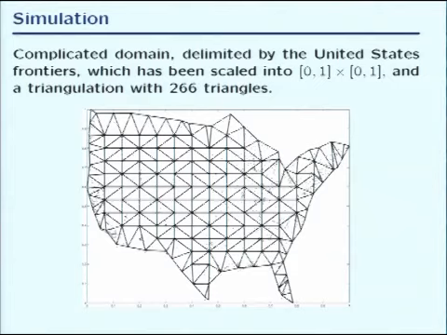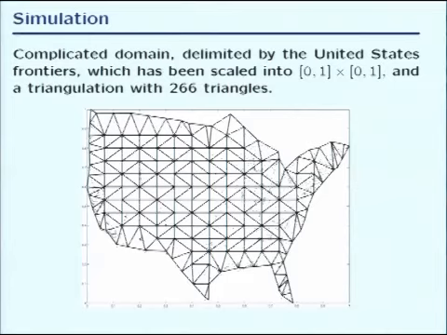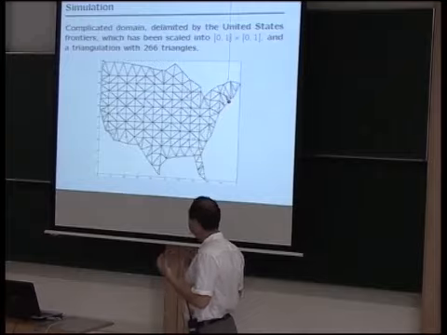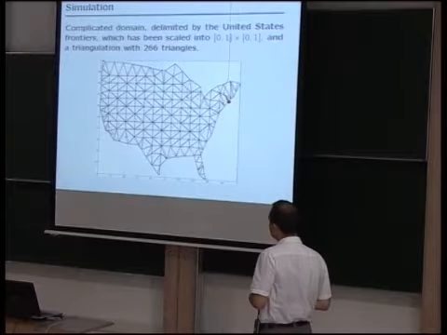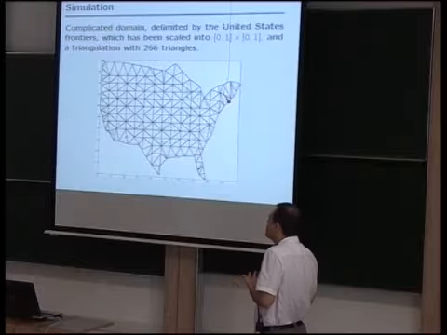So here let's look at the same domain, but let's carry out a simulation on the domain. This is a realistic domain. It's not perfect. It's a polygonal domain of the United States. We actually considered 2 triangulations. The problem of using the best triangulation or the optimal number of triangles is a very difficult problem. We just investigated this problem. It's not even in the paper, but how many triangles should you consider?